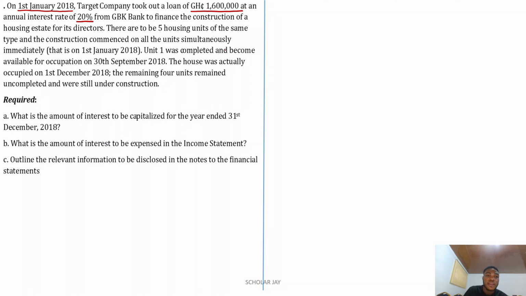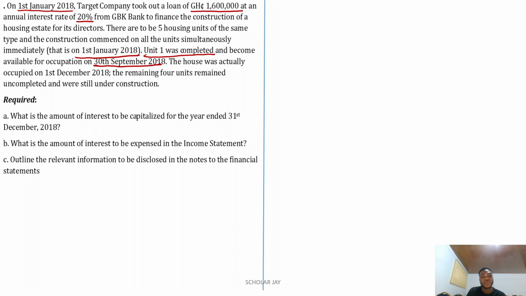Good. There are to be 5 housing units of the same type, and the construction commenced on all the units simultaneously, that is on 1st January 2018. So they started the construction of all those 5 buildings. They are constructing housing estate for their directors, 5 of them, and they started constructing all of them at the same time. And when did they start construction? They started construction from 1st January 2018 until Unit 1 was completed and became available for occupation on 30th September